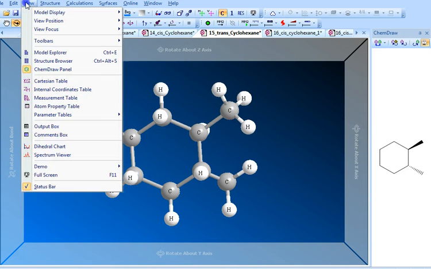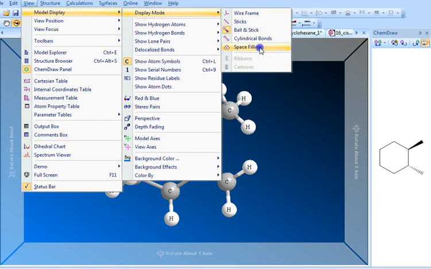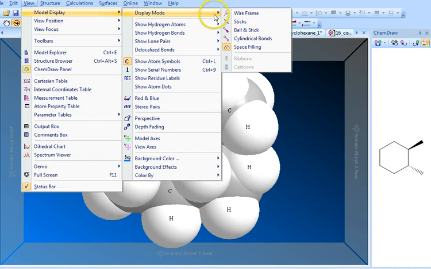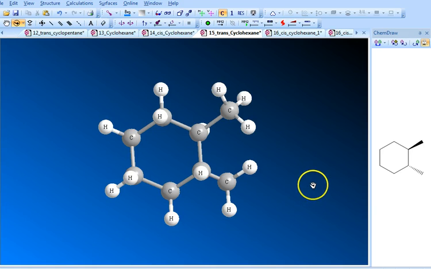Let's see if it makes any difference in space filling. Yeah, it's ugly. Alright,